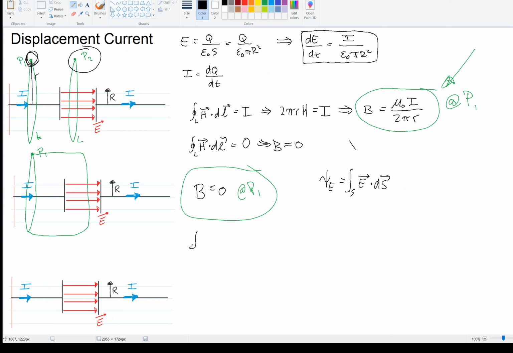So Maxwell suggested that we have this, not just I, the penetrating current, but also epsilon 0, because this should be electric flux density, D. So epsilon 0